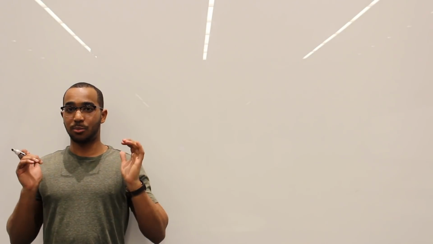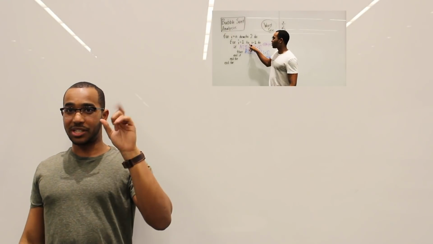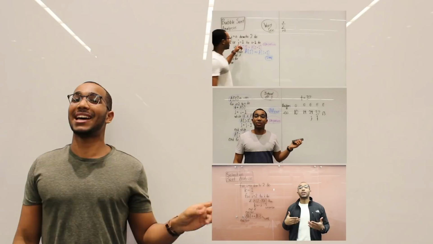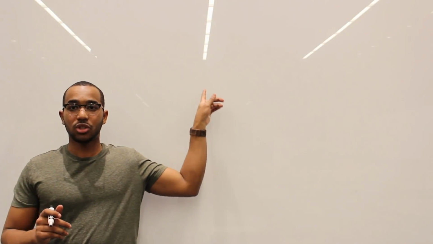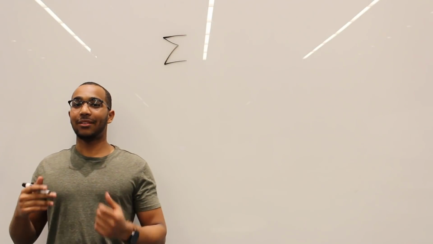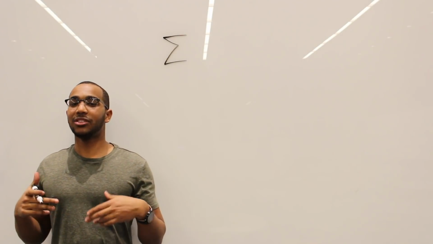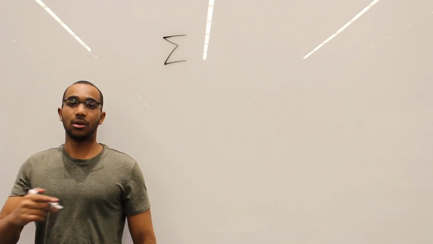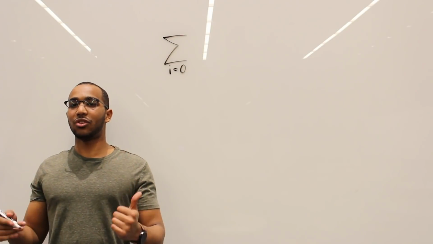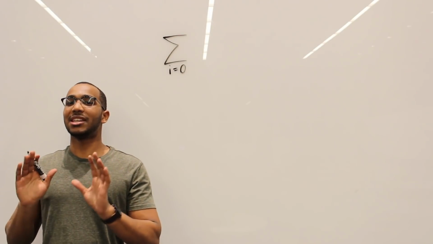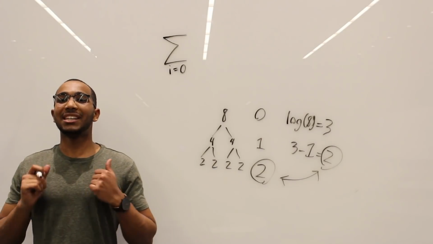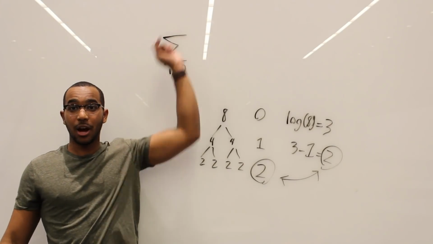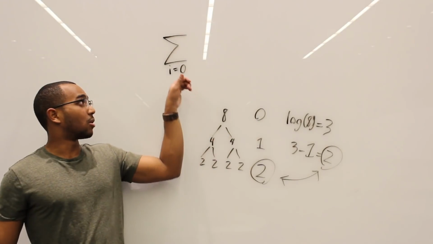Okay, so now it is time to build a summation. We've done this before. We did it in bubble sort, we did it with insertion sort, we did it with selection sort. So now let's build a summation. Let me start our sum right here. And how many levels do we have? Well, we can start at the 0th level, i equals 0. And then what is the maximum amount of levels I'll have? Well, let's look at this. This is where the indexing shifts things, but I want you to watch this. So how many levels do I need to sum over? What's my upper bound? Lower bound is 0, okay?